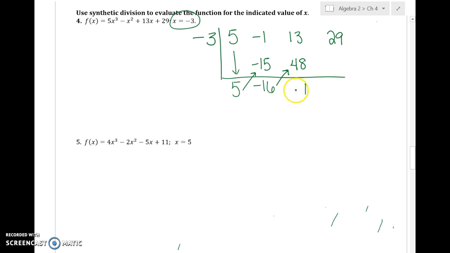Is it 61? Negative 3 times 61. Negative what? And then 29 plus a negative 183 is